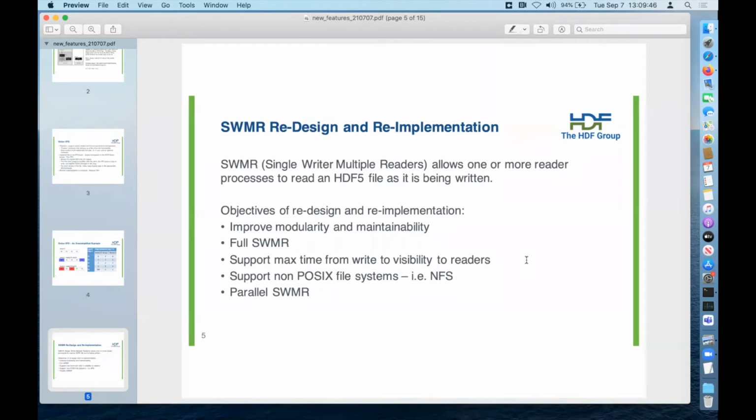Now we have an existing implementation of SWMR. It has a number of limitations, and our objective here was to relieve some of those limitations, and from my perspective as principal architect, to improve modularity and maintainability. In addition, the hope was that we could implement full SWMR, by which I mean allowing the use of all HDF5 API calls in SWMR mode,